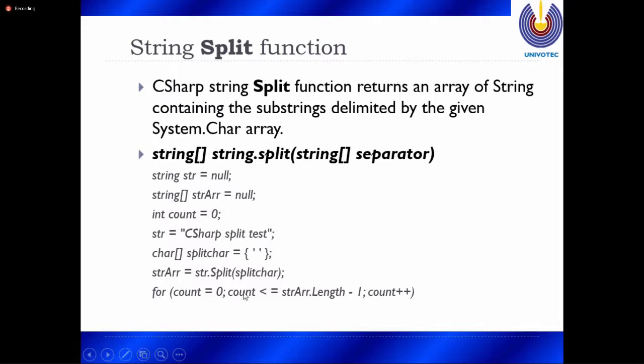For count is 0, count less than or equal to str.array.length minus 1, count++. Then you can split that. Okay, split that at the, okay, split the